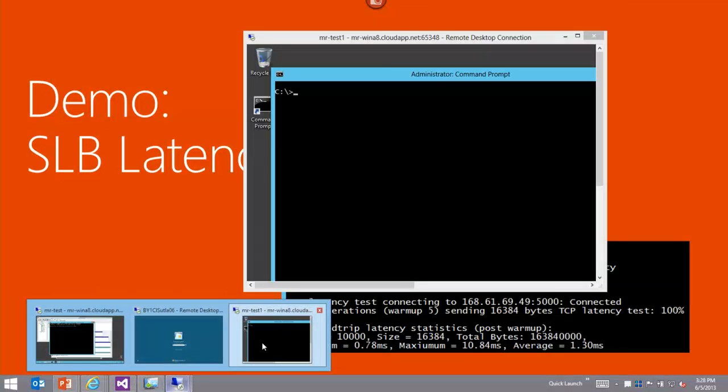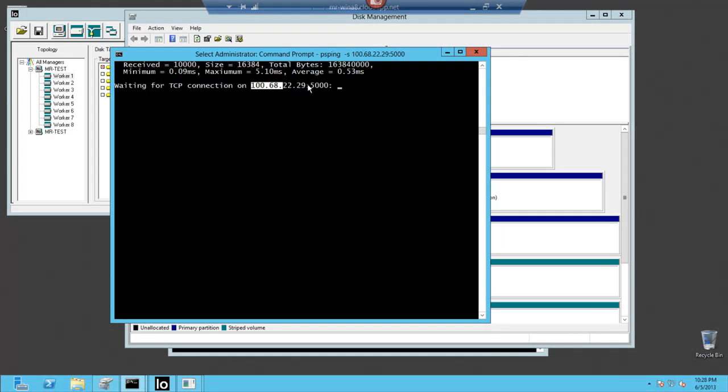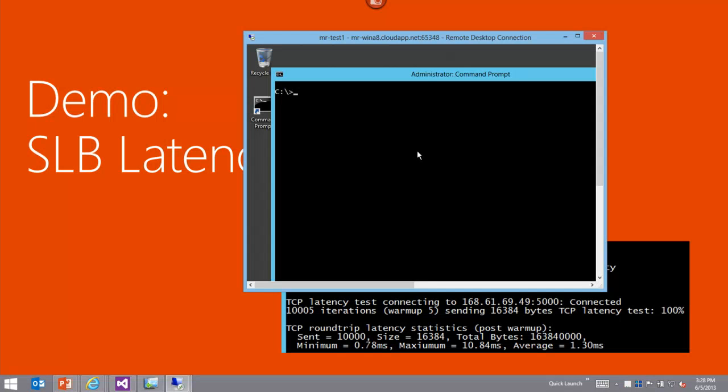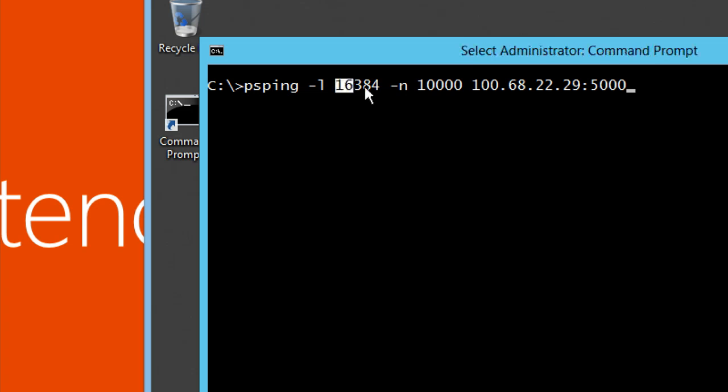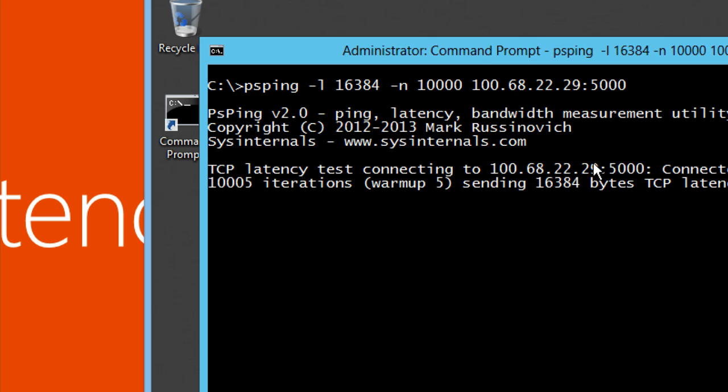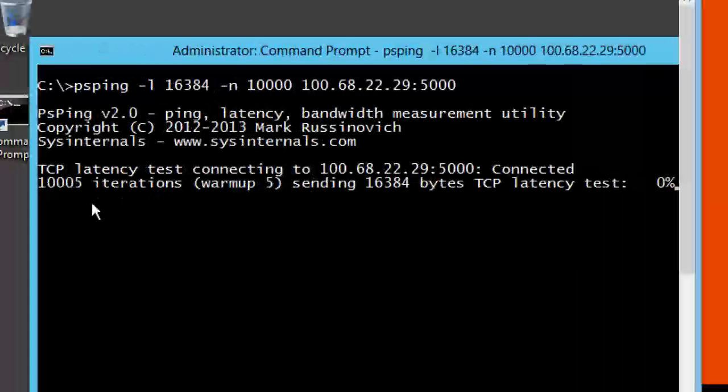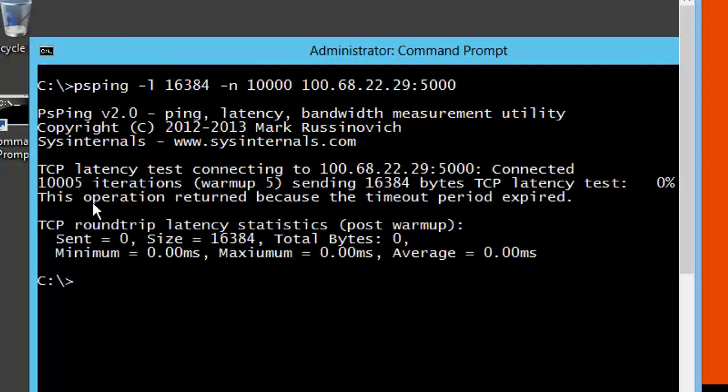Let's do a DIP test first, actually. So it's listening here. So what we're going to do is 168.22.29.5000, and I've opened up the firewall ports here. So this right here is a PSPing. It's a packet size of 163384. Let's do 10,000 iterations to that, and L is for a latency test. And here we can see it's running, and it's going to tell us that that